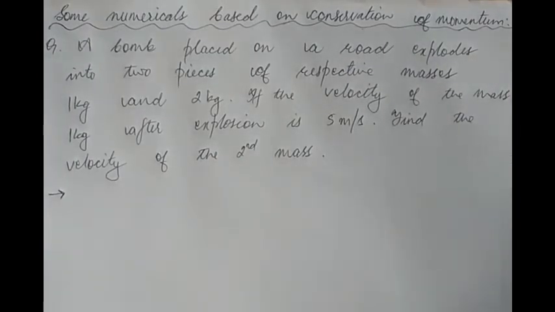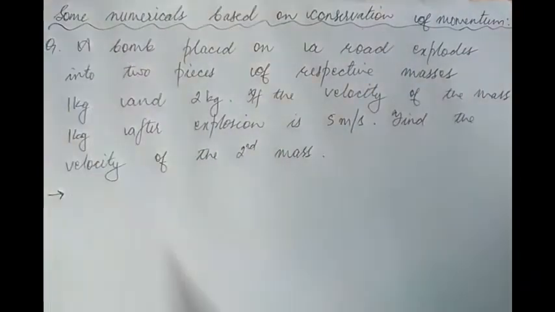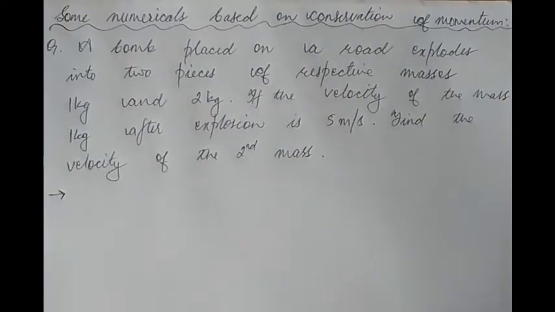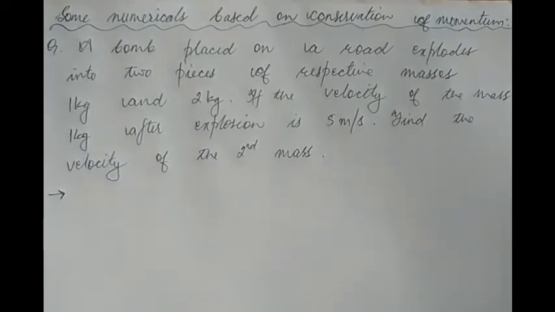Now this question of course is based on conservation of linear momentum because the bomb before explosion was one single piece, and without any external force acting on the bomb, it explodes all by itself. So it's not like I go and push the bomb and then it explodes. The bomb of course is exploding on its own. So there is no question of any external force acting on the system. Therefore, the total momentum of the bomb before explosion should be equal to the total momentum of the bomb after explosion according to conservation of linear momentum. So let us see how we deal with the mathematics then.